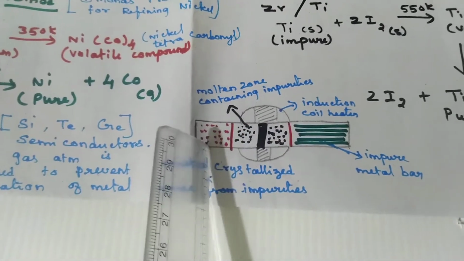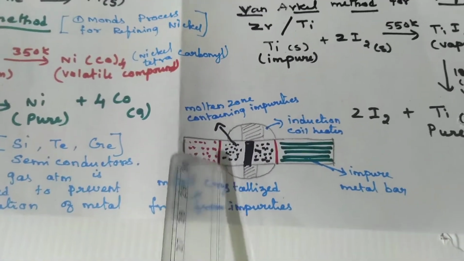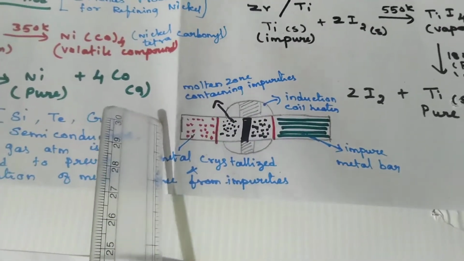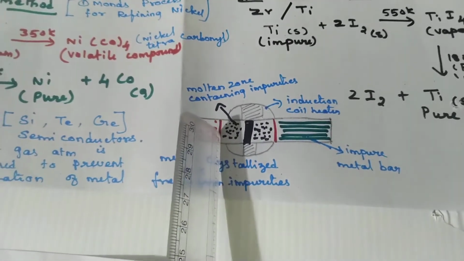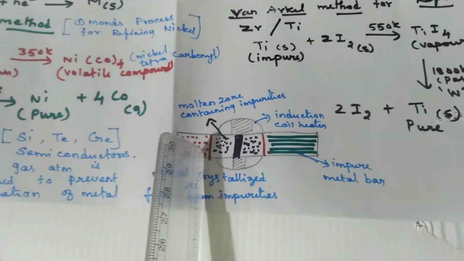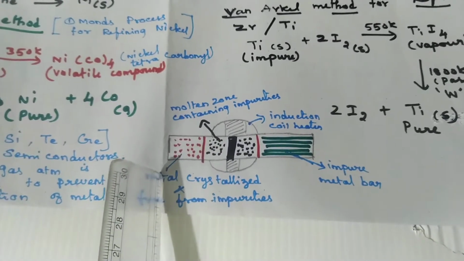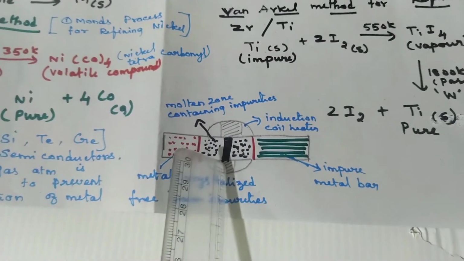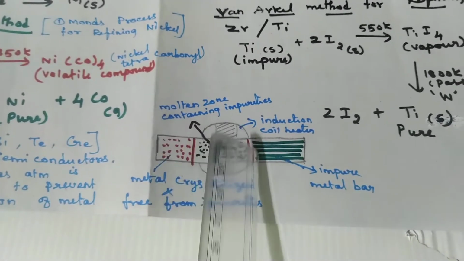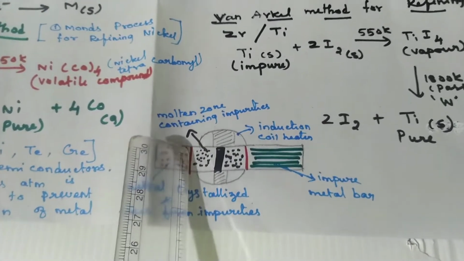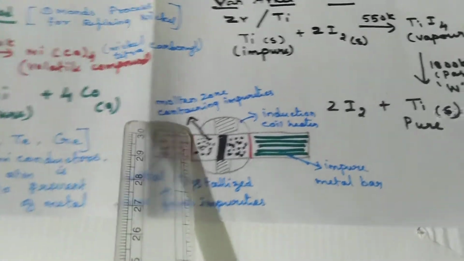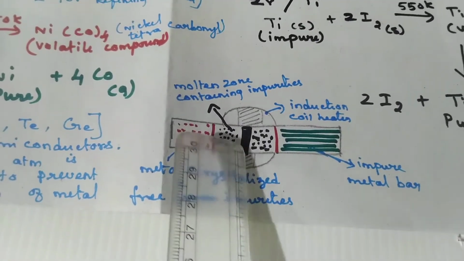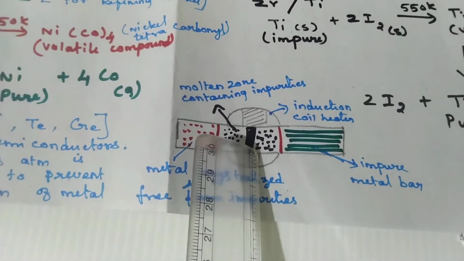And here you see in this picture it is very clear. Now the heater is in the center. It means the heater has already moved from this end over this much portion. Therefore, the molten metal that has recrystallized is free from impurities in this portion. In the center portion, the heater is along this portion, and here is the molten zone of the metal with the impurities. But as I just told you, the impurities are more soluble in the molten form of the metal.